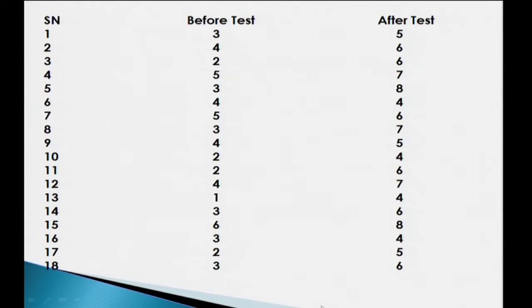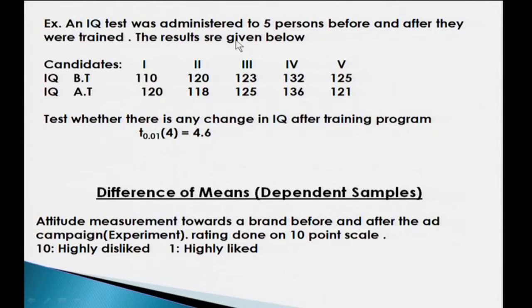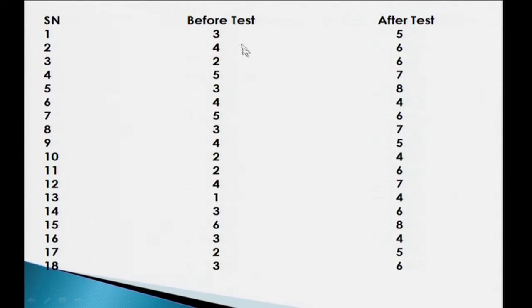say before a test, if you talk about giving a test drive of a new 4-wheeler you would like to launch, say we talk about Duster itself. When Duster was launched, initially we had some information about the product, the 4-wheeler SUV launched in the market. Then in general from certain customers, their liking of the product was taken on a 1 to 10 scale. This is the liking of 18 such consumers.